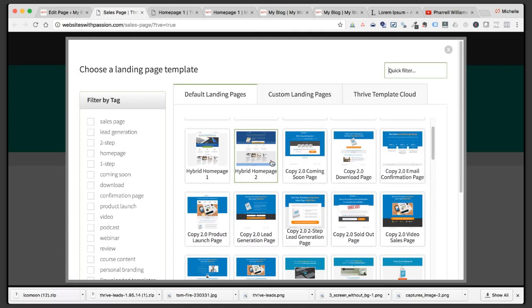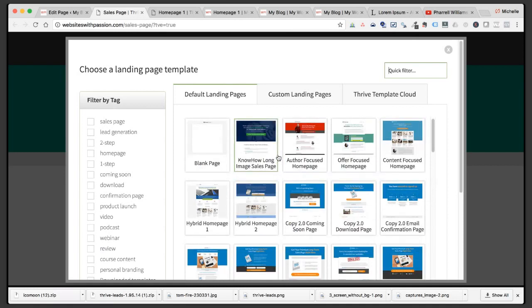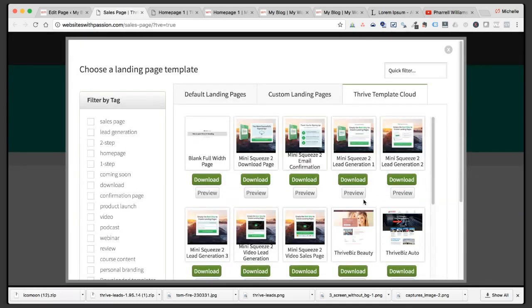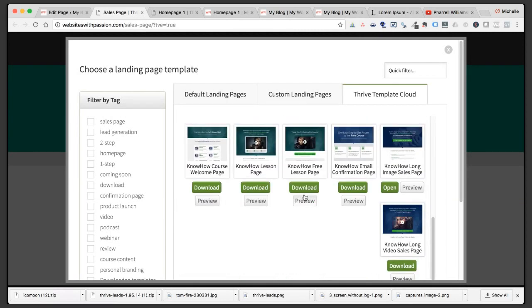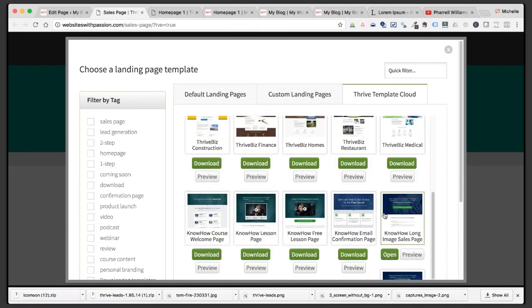So they have quite a few. This selection is not as rich as other places you would go, such as Lead Pages or even Optimize Press, but the selection is growing all the time. And you can achieve with that almost anything you want, but it might take a little bit more work. So they now have a template cloud, and they have some really pretty templates here that you can also use for a homepage. For example,